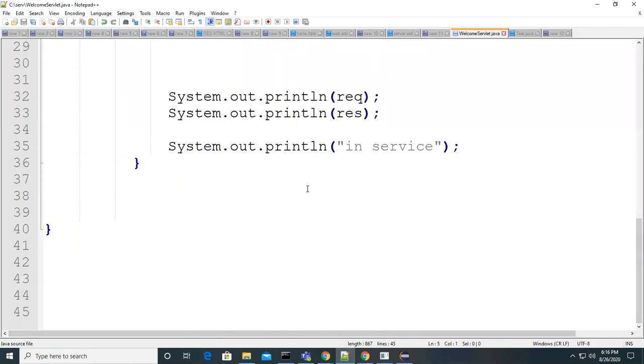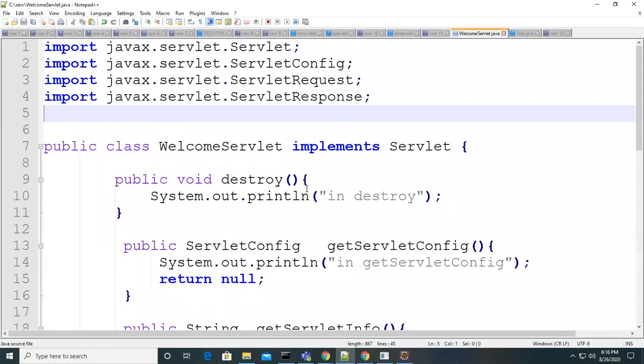What is a servlet, how to configure it, how to implement it, what methods have to be implemented, how to deploy it, and how to access it. When you access it, what are the methods that will be called? If it is the first time, it will call the init method, and from the next time onwards, as long as you are calling it, it always calls the service method.